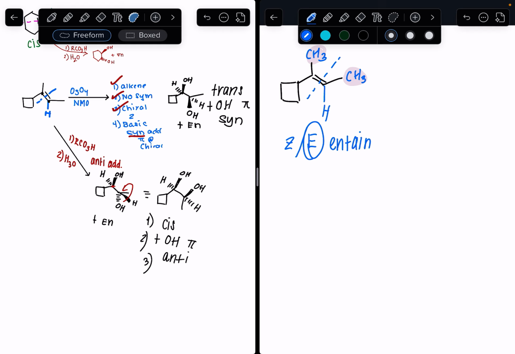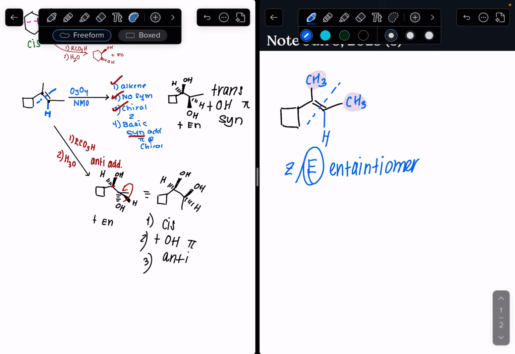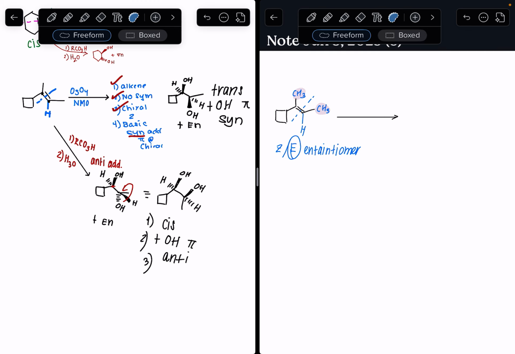That's a giveaway, right? We'll have enantiomers. And we want to know, let's say, how do you turn this molecule, okay, how are we going to turn this alkene into a